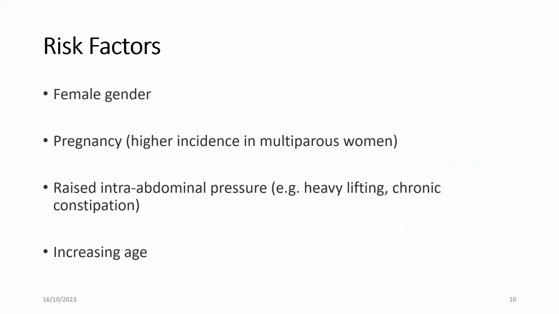The risk factors include the female gender. This hernia is commoner in women, and this has been attributed to a wider pelvis, which will mean a wider femoral ring, and this would predispose women to get femoral hernias. Pregnancy has also been found to be associated with reasons why women are more predisposed to femoral hernia. Pregnancy leads to long-term increased intra-abdominal pressure, as well as pregnancy-induced laxity of anterior abdominal wall muscles as well as